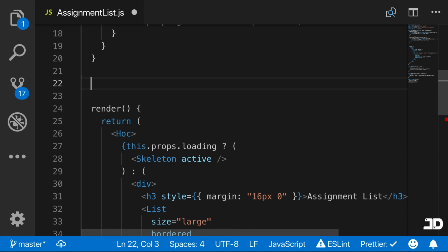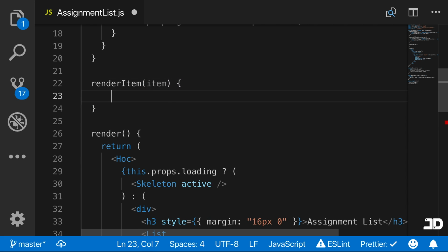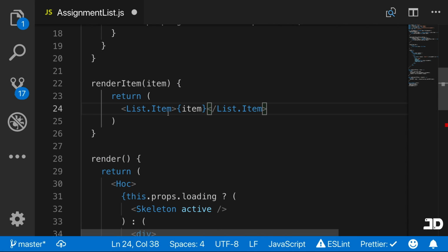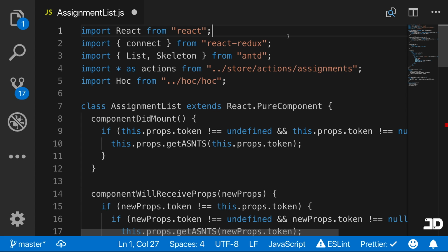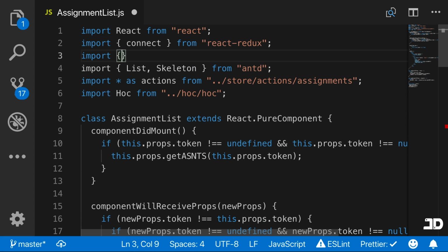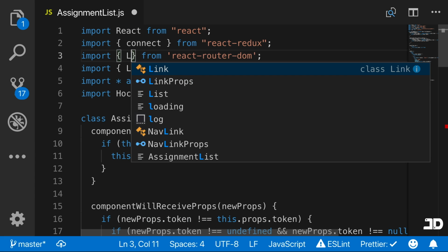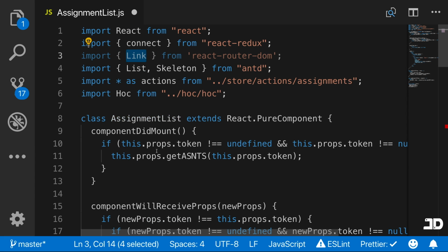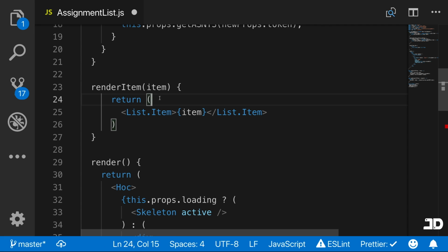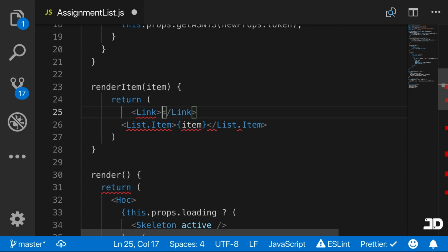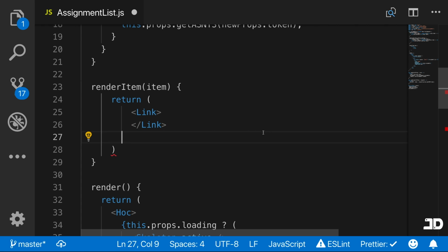So this will just be renderItem, and it will take an item, and we'll just say return this here, but we'll import the NavLink. So we'll say import from React Router DOM, which is NavLink, and we will put that inside like that. And this is the link component. So there you've got the link, and we're just going to wrap the link around our list item,